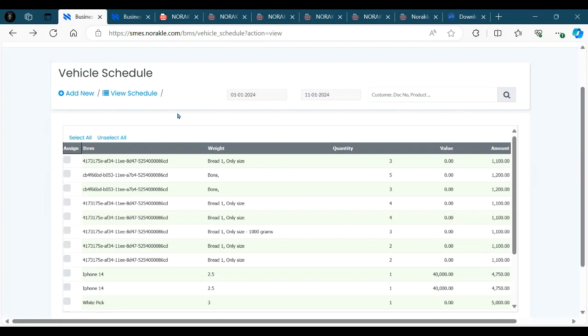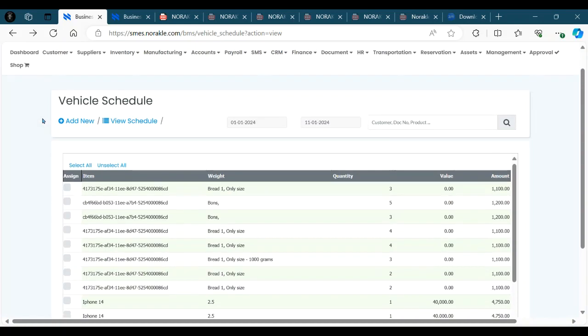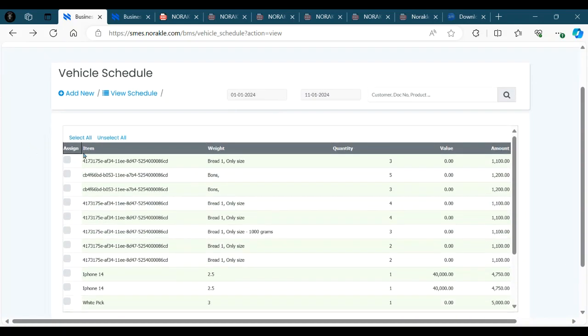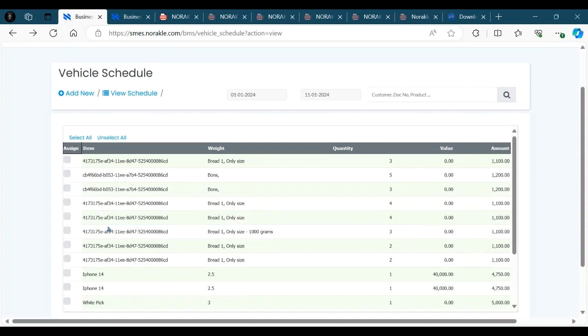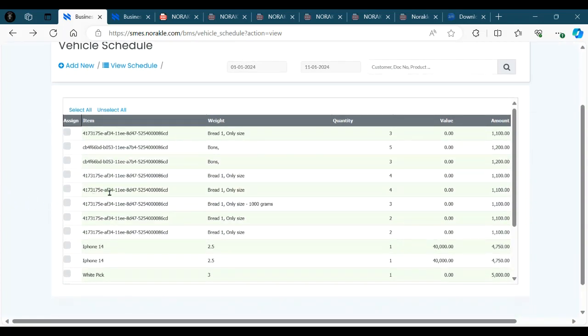Now when we want to assign a parcel to a particular vehicle, we would have all the listed parcels that we have collected from customers, right? That is going to the zone that this particular vehicle schedule is assigned to. So they will all be listed here, and then we can begin to select which ones